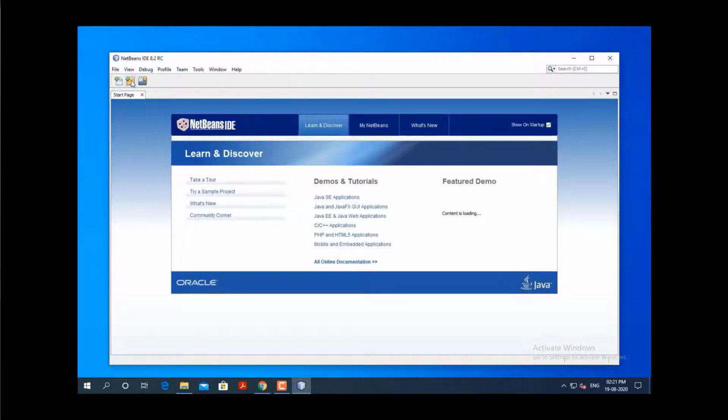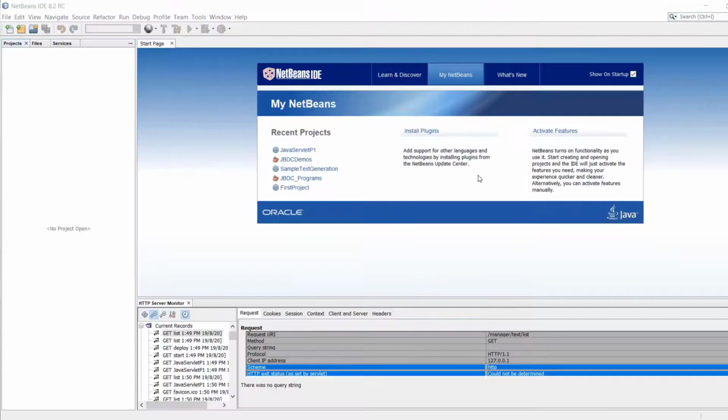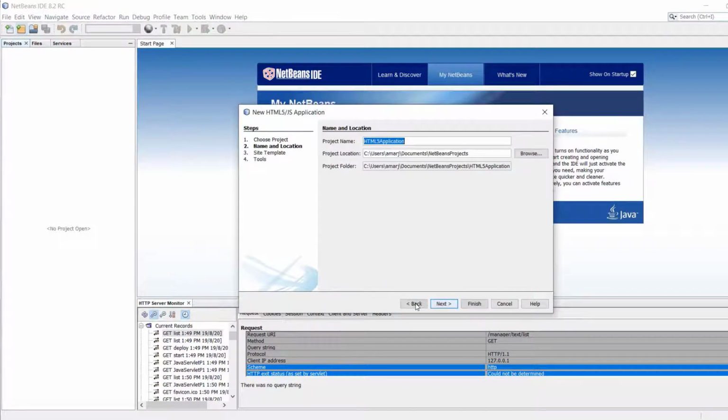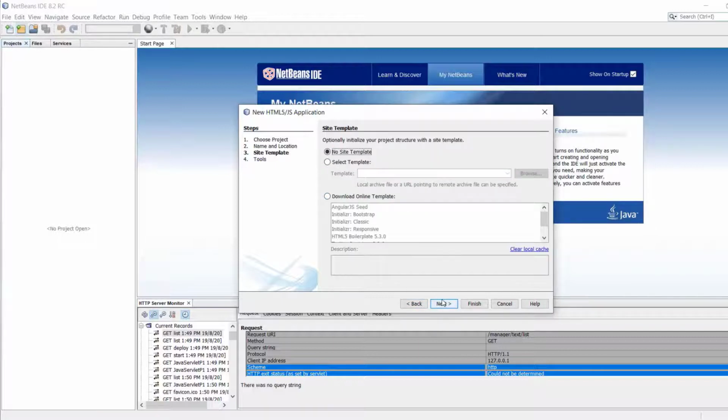Now click on Project. This is the creation of a new project. You click on new project. If you are developing HTML pages, you select HTML, which is a web application. You need not open Notepad and run in a browser; if you download NetBeans, you can use it. If you want some templates, you can use the templates.